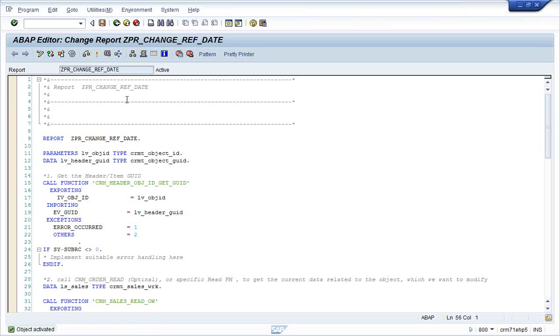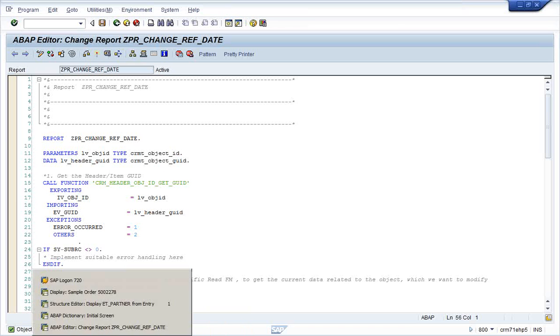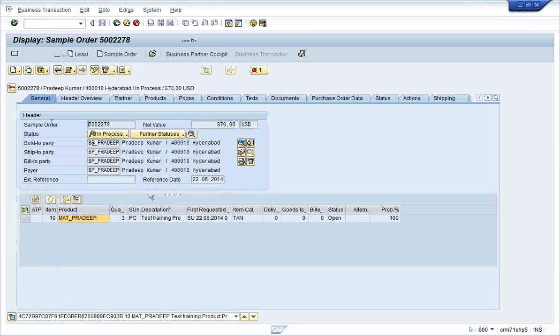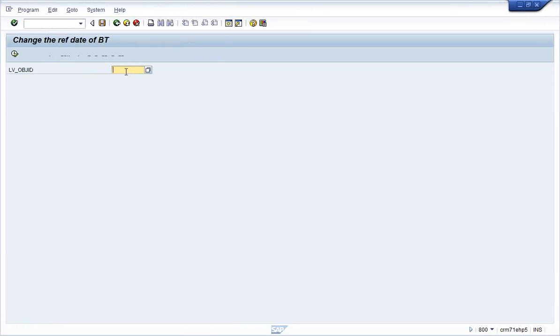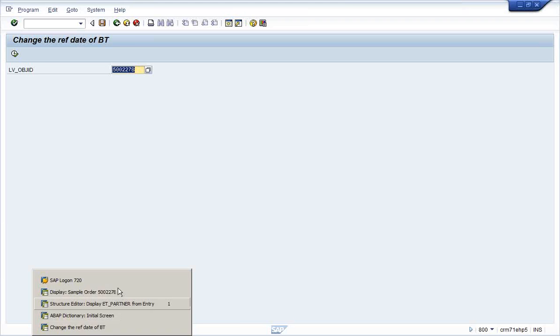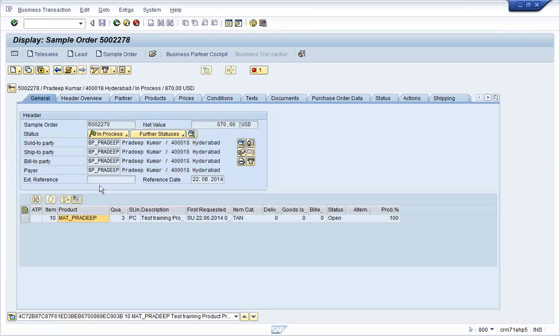Now see, if I run this program, this is also a utility program, it will ask me which transaction you want to change. Now if I execute this and press enter, it's done, it's over. I'm not giving any message, but it's over. If I reopen this document, see there is no data yet, 23 is not there. If I go out and reopen this document, you'll see the change.